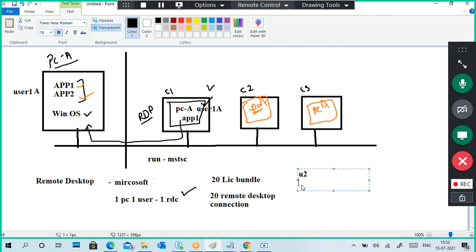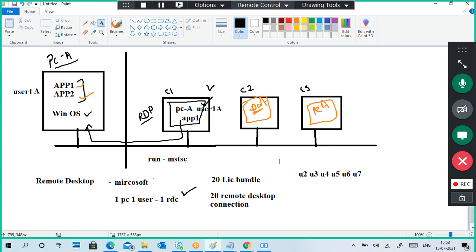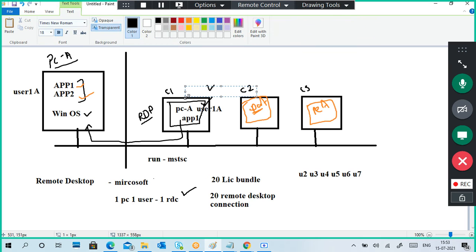Okay, so for example, I have users, user 3, user 4, user 5, user 6, user 7. I have a user base. For example, here I want to log in as user 1, user 2.